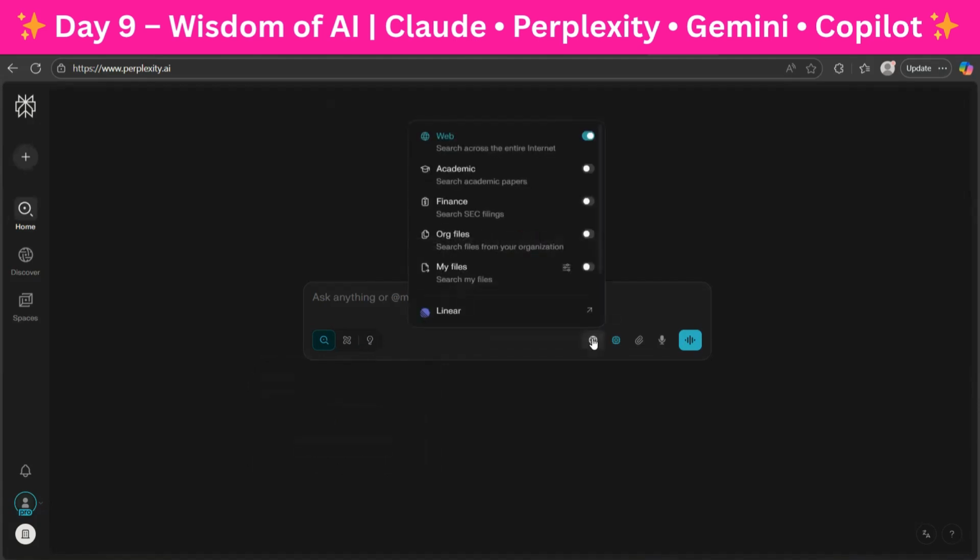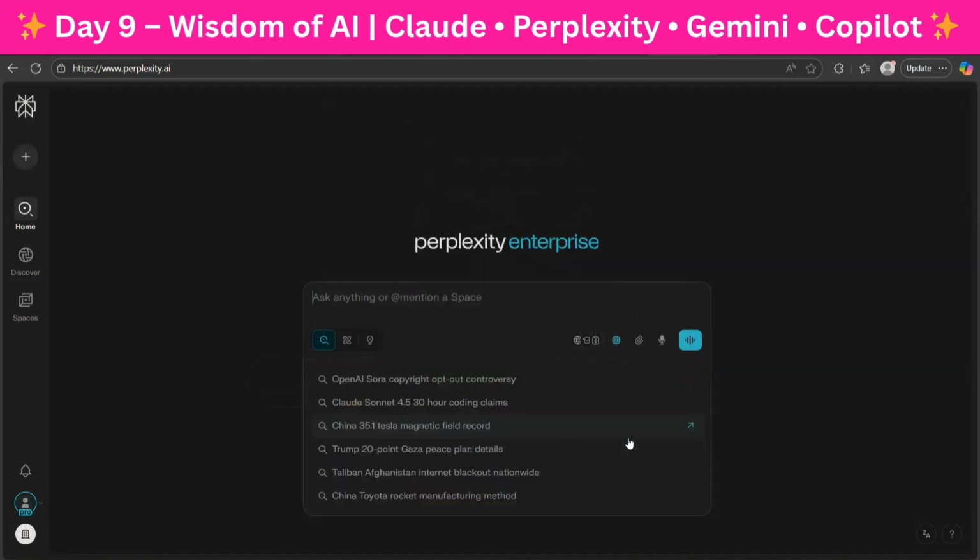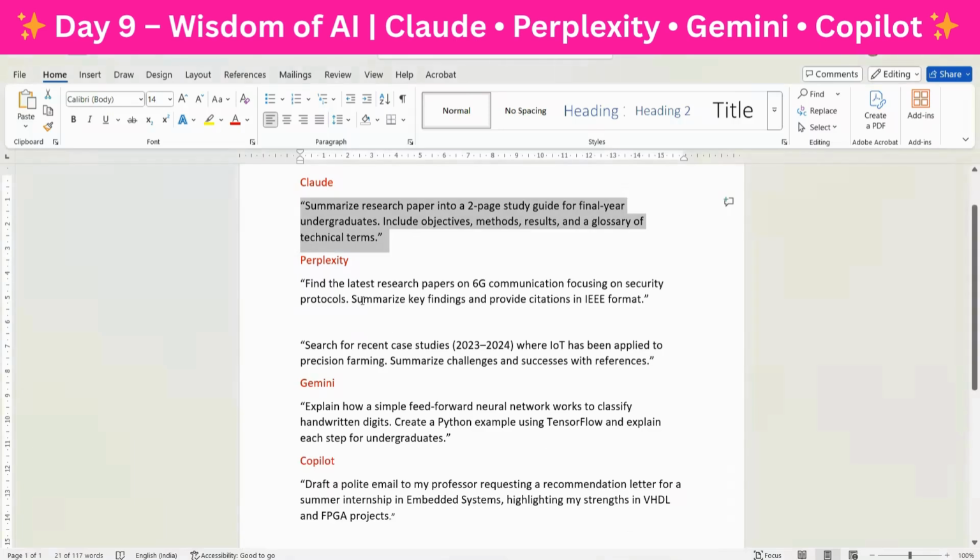And more interestingly, it has more power by being specific. Instead of directly giving queries or prompts, you can specify. If it is based on academic papers, you can choose academics, you can choose finance, and a lot of other things. If you have financial documents or other documents, you can upload them, or link your Google Drive, and ask it to summarize and give the prompt to get the desired output. Today we will check Perplexity for something else.